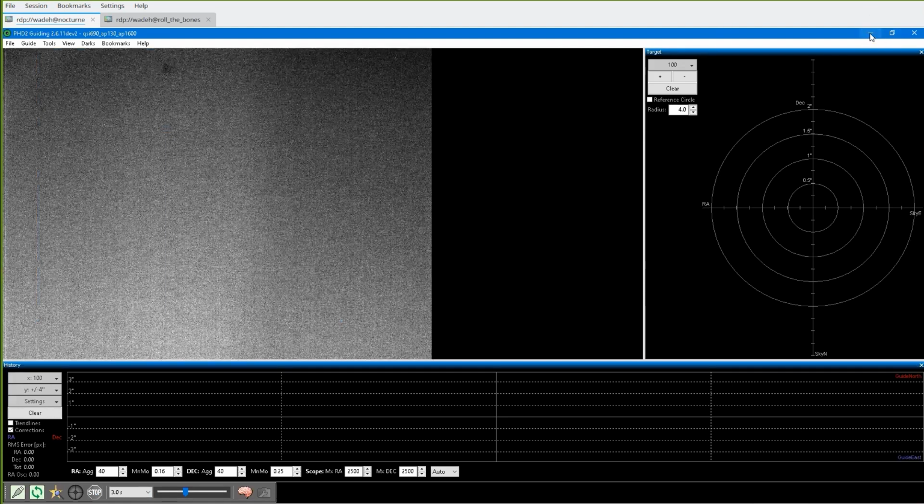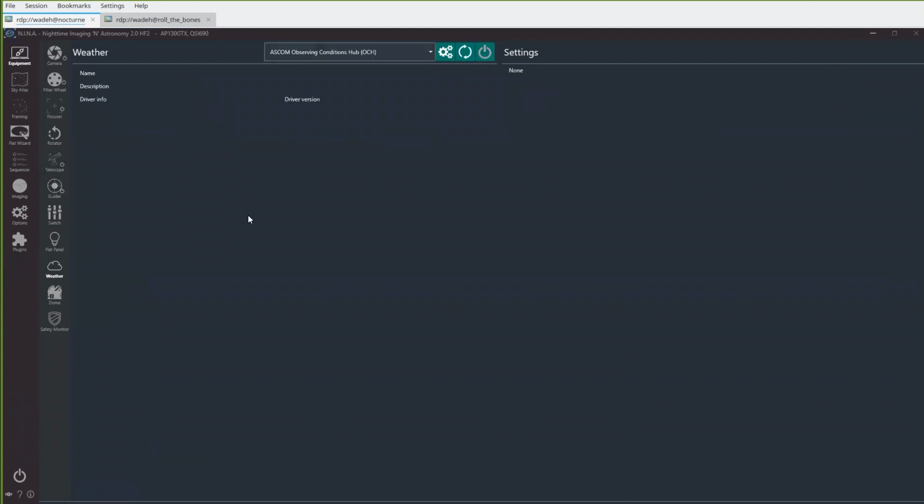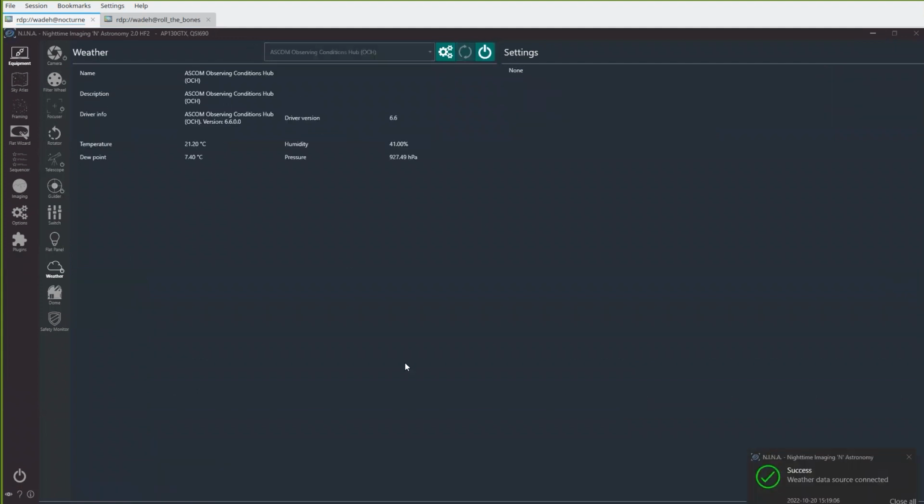So PHD is now set up and running. We're all connected. I do have a weather sensor. It's an MG Box V2. This provides temperature, dew point, humidity, and pressure information to APCC Pro, which it then uses to improve the accuracy of the tracking model. As long as we're talking about the declination arc tracking model, I want to show you